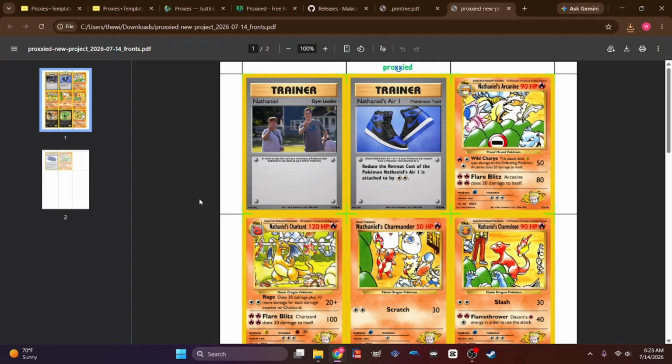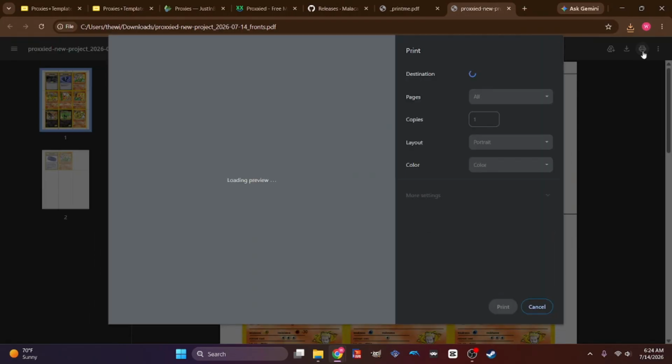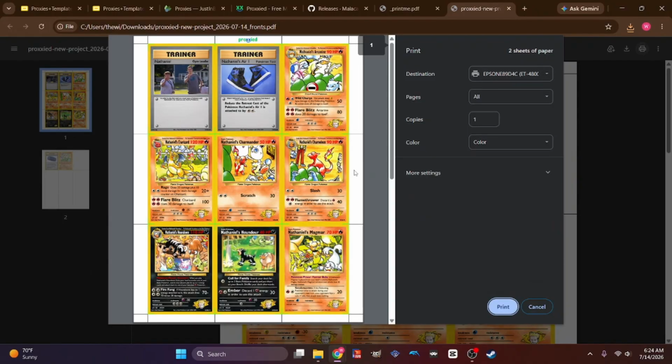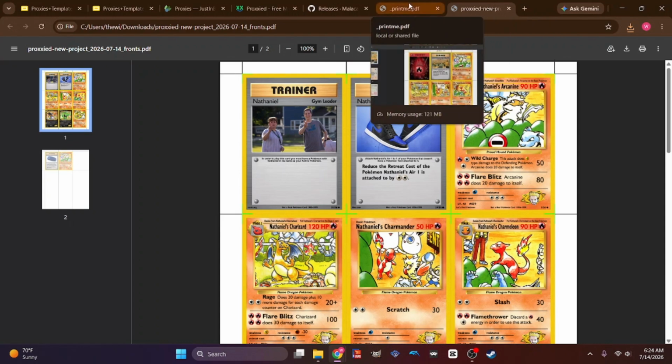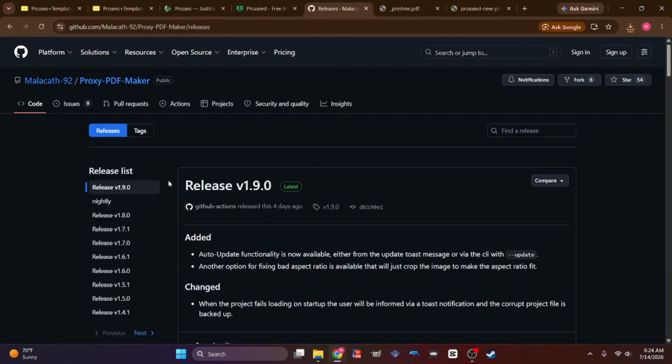There we go. So then we could once again click print. All this stuff would come up here. We can print it out and then cut it like we did the other day. So that's that one. And then this is